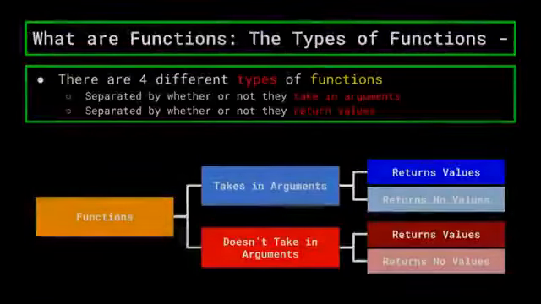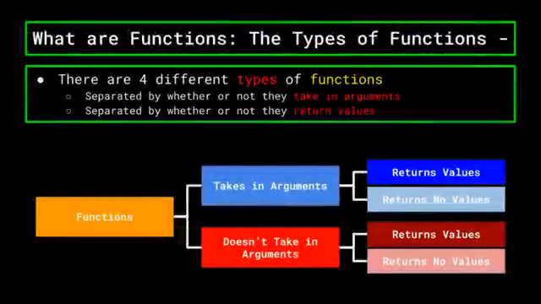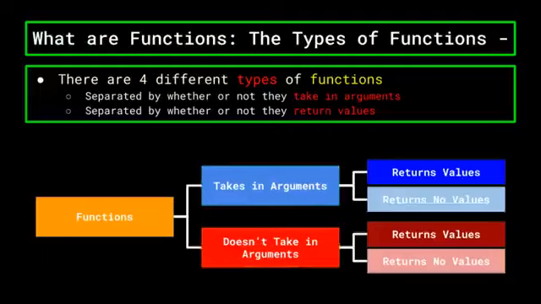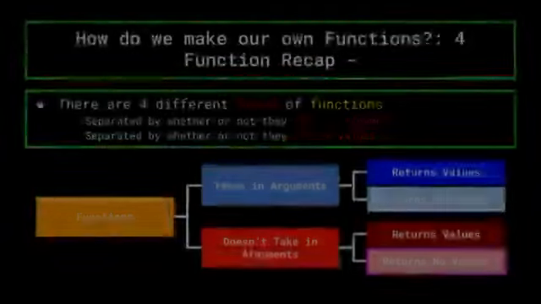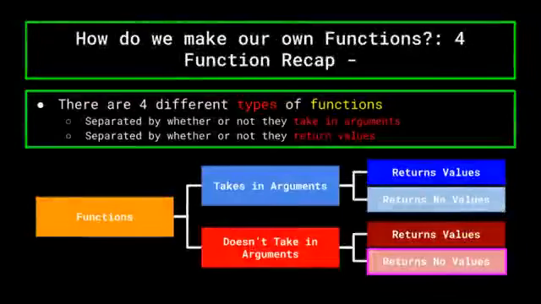Now think back to the 4 different types of functions that we talked about previously. Functions that do and don't return values, and functions that both do and don't take in arguments. For creating your own functions, we're just going to have to go down the list and talk about how to approach creating each one of them, starting with the most basic of the bunch, one which takes in no arguments and returns no values. But before we start that, there are a few small things I want to note about